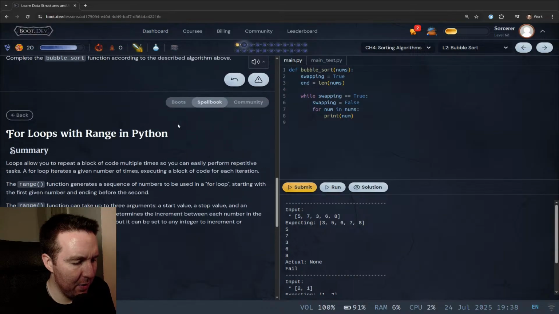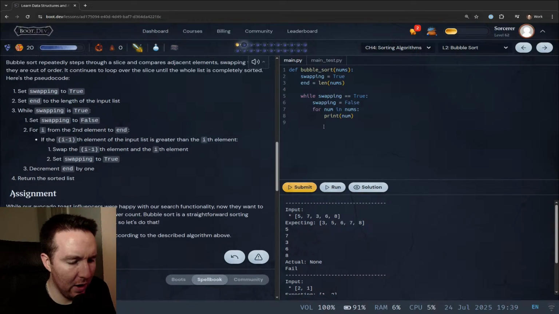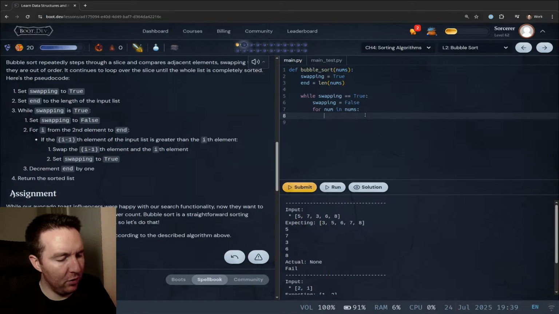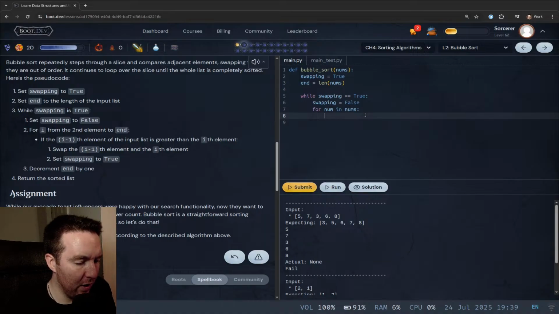Right. I'm not sure how misleading that second part is, for the second element. So I'll just ignore that for now. We'll see if it comes back to it. So if the n minus 1th element of the input list is greater than the ith element, swap the i minus 1 element with it and set swapped to true. So I guess if